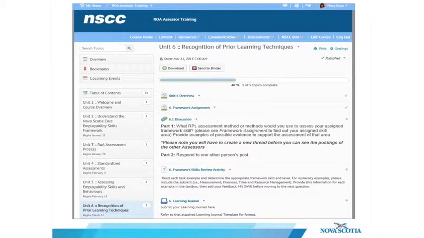Then there would be assignments, and there were places for discussion. This discussion board was a very important part of this course, creating a community of support with the assessors, many of them using this tool outside of the mandated discussion activities, just to go back and forth. Being separated by that large distance and being from different organizations, being able to have that community of support was good.